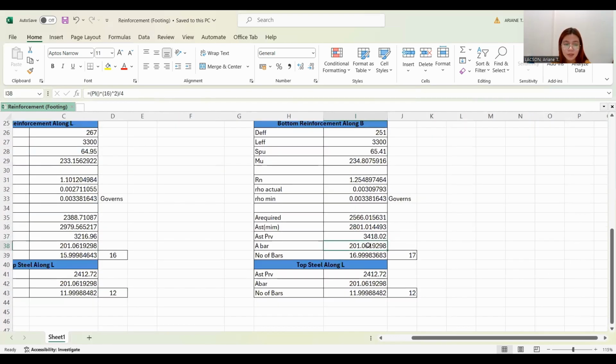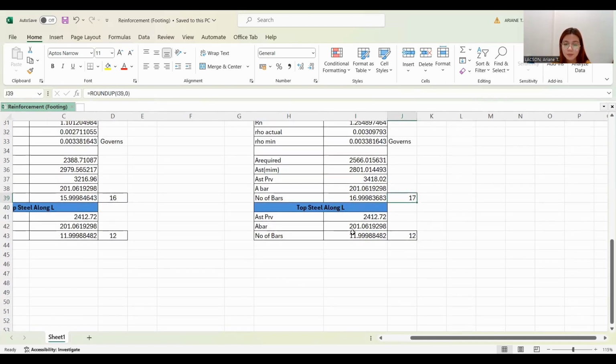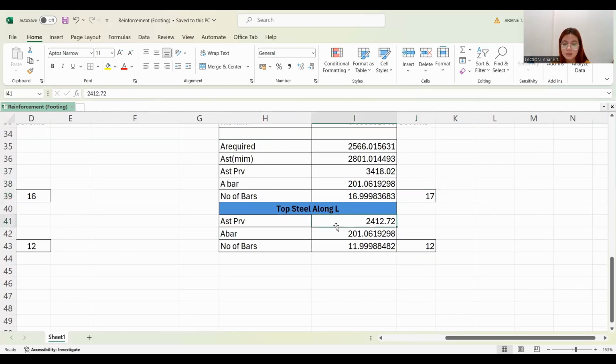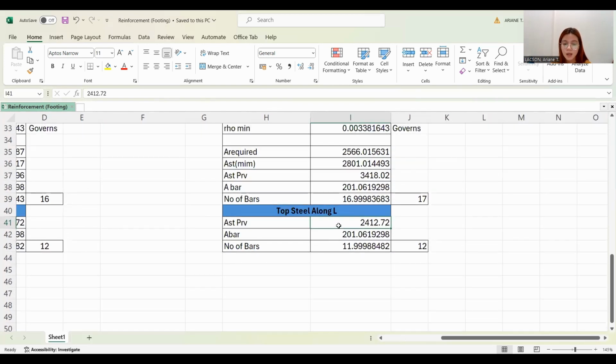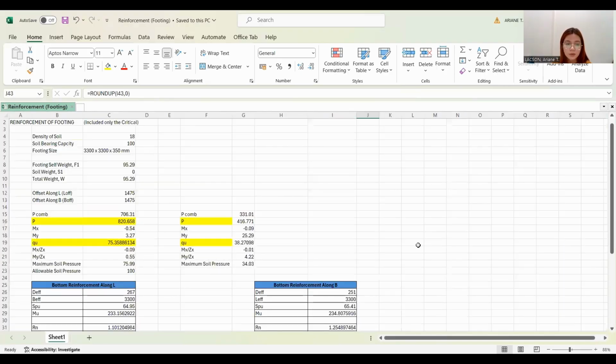The bar is the same as before. Then the number of bars here is 17, 16 mm. Then we have here the top steel. The Ast is given by the RCDC also. So the calculated number of bars is 12. So that's